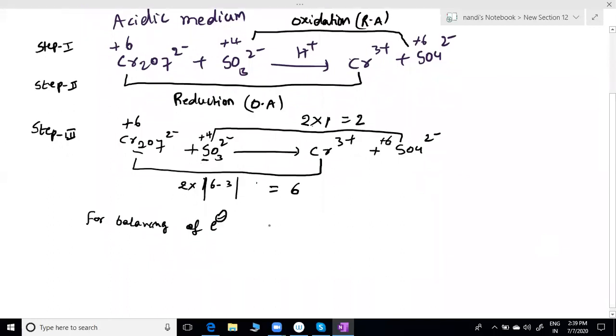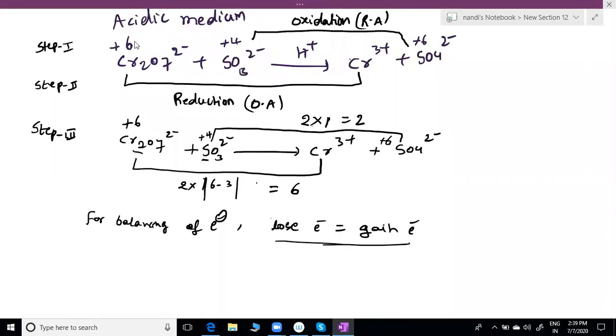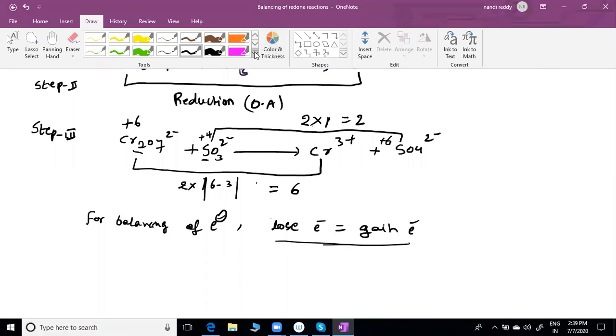Here loss of electron equal to gain of electron, that is fixed, sir. Loss of electrons is equal to gain of electrons. This is how we should follow this principle. Here 6 electrons are required. Here they are giving 2 electrons, but I need 6 electrons. Multiply into 3, you can get it very easily. Otherwise, just cross multiply both. I'm giving that point, check it here. If you are getting any confusion, please look here. Very simple.